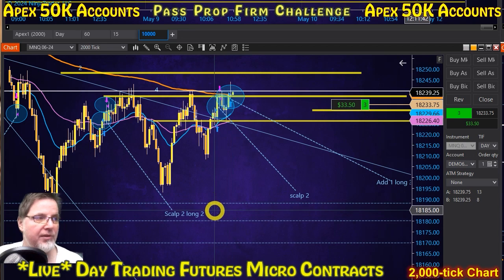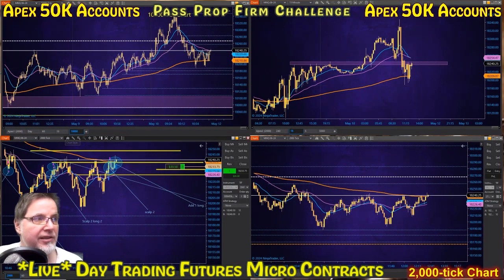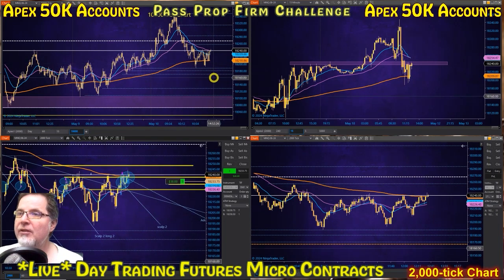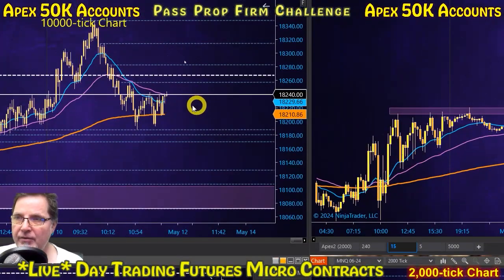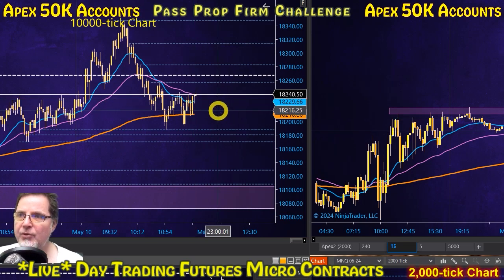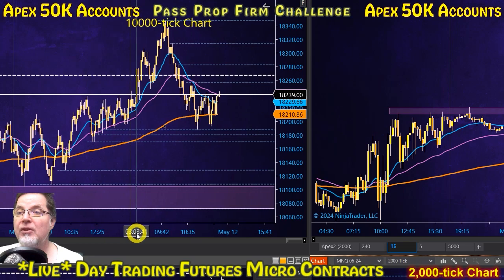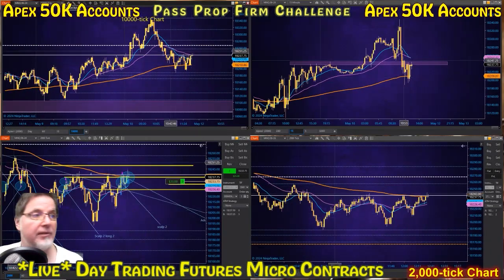If it were to come down this far, I think I'd probably get out of it because then I wouldn't trust it to continue down for the rest of the day. So hopefully it'll work. It looks good on the 10,000 tick chart too, creating this longer term W pattern, creating higher lows, consolidating with some nice bullish candles. Hopefully it'll get over that white line, which is the previous day's high, or it's struggling, and just pop right through that and keep on going, hopefully.